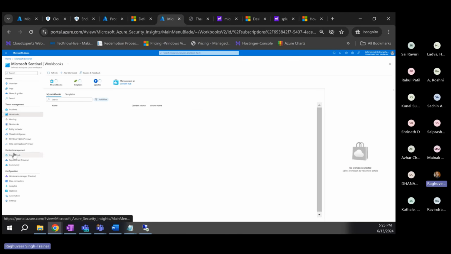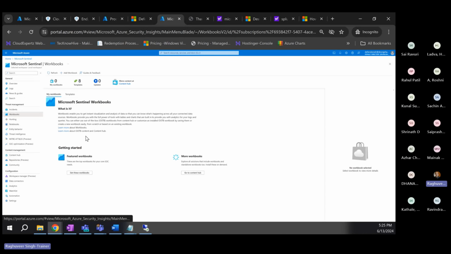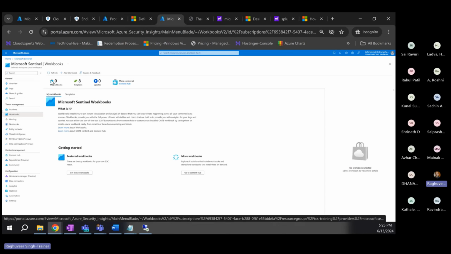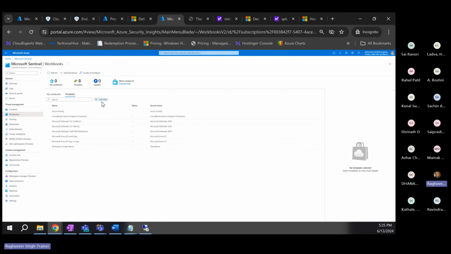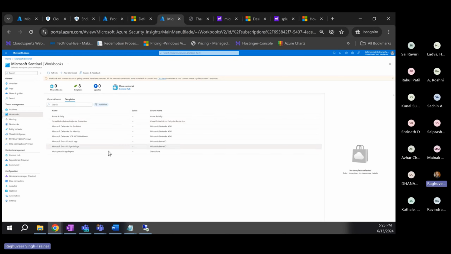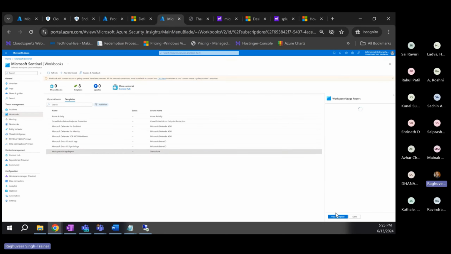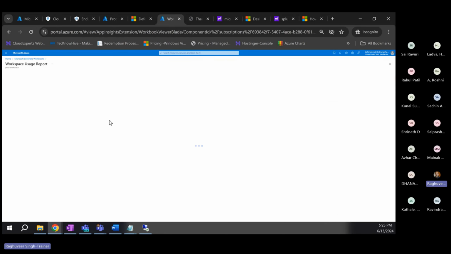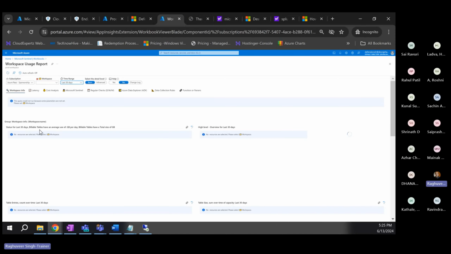So that workbook that we just installed is just taking time to appear. It will start to appear here under my workbook. You see templates. Over here you will see the workbook, Workspace usage report. You will click on template, and here you will see the usage report. The best part is it will give you